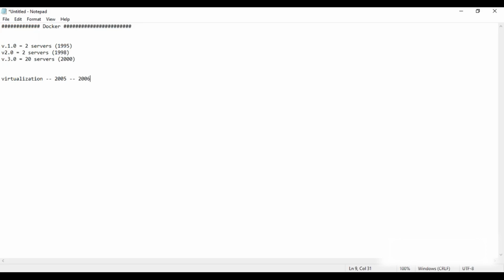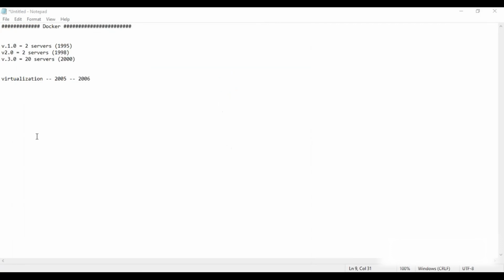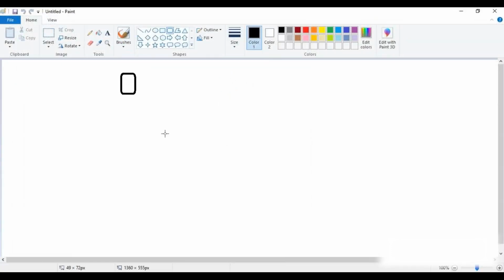And the advantage is, before virtualization, we might not be using the full resources of our physical servers. Maybe one server might be using 60% of the CPU and 40% of the RAM, and another machine might be using 40% of CPU and 30 to 40% of RAM. So a lot of resources we are wasting. But once virtualization came into the picture, we can utilize them efficiently. Why? Because we can create a number of virtual machines inside this.